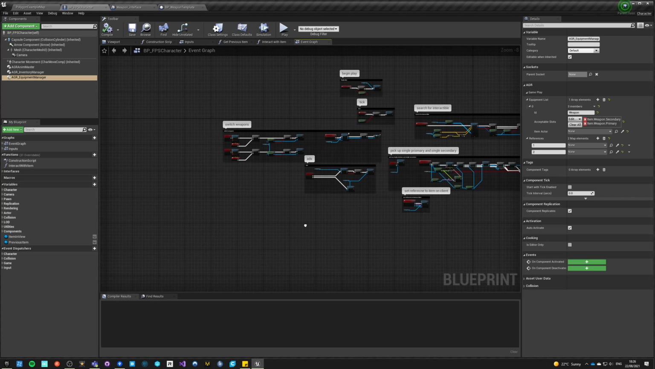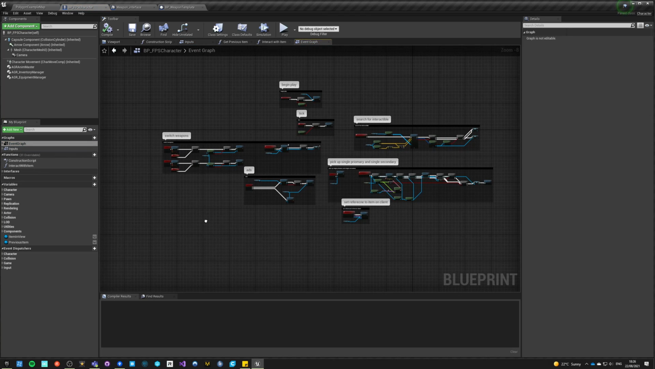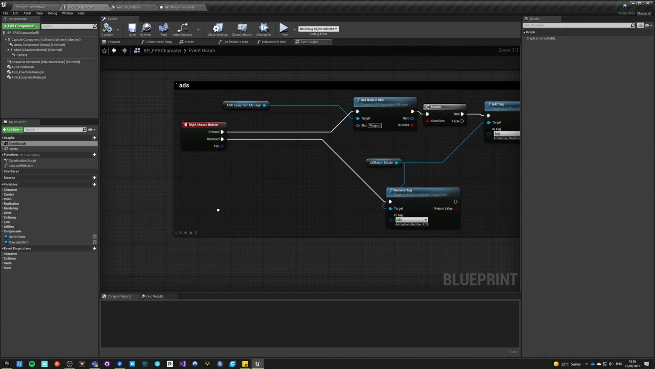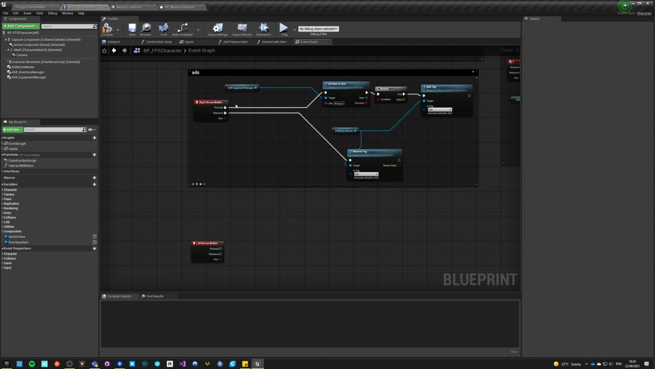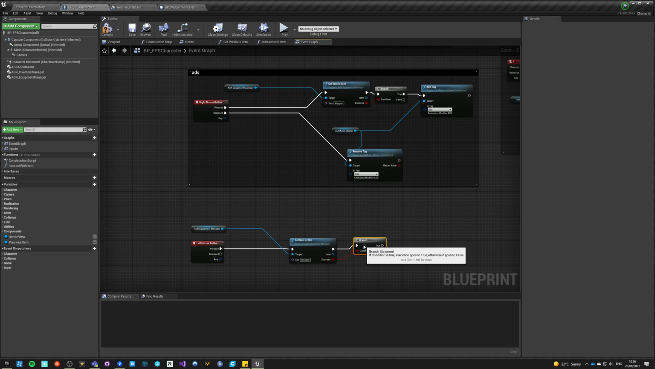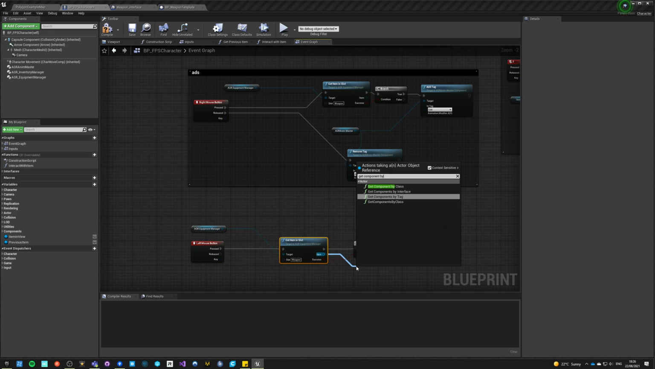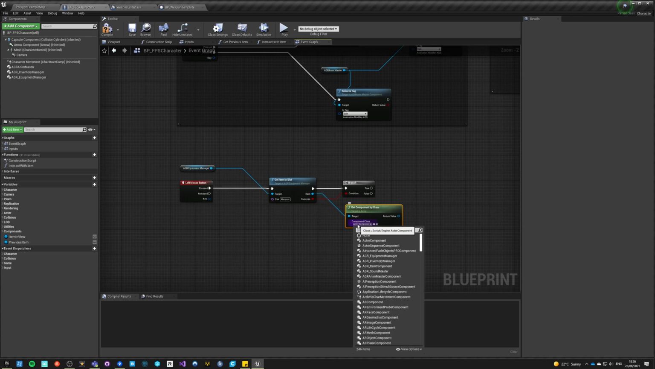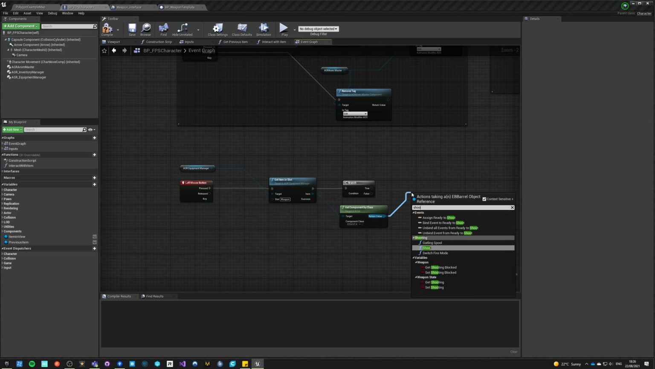Let's do shooting. In inputs we've got the basic inputs, and in the event graph we've got pretty much everything. ADS is on the right mouse button, so we want shooting on the left mouse button. What we need to do is get AGR equipment manager, get item in slot, which is slot weapon, and see if we actually have anything. If we do, straight from here, get component by class, and this component is the EB barrel component. And what we want to do is just shoot,